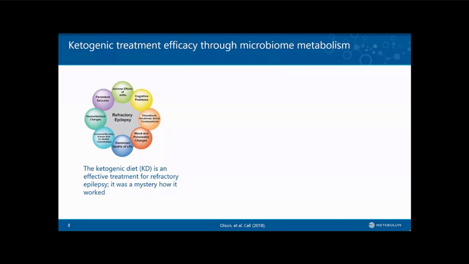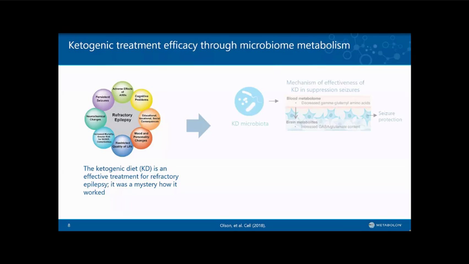And this is an example of epilepsy. And there are patients with refractory epilepsy who display a wide range of clinical manifestations that are shown on the left part of that slide. And it's been known for a while that a ketogenic diet is effective in the treatment for refractory epilepsy, but it's a mystery of how it worked. So this is a case where diet is driving changes in a disease state and used for treatment, and really represents an ideal situation to view metabolic profiling.